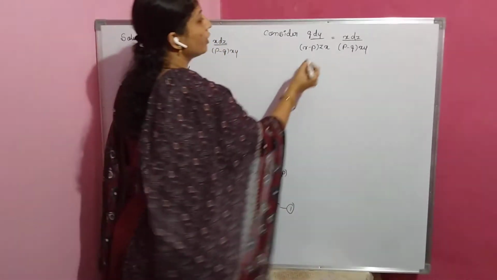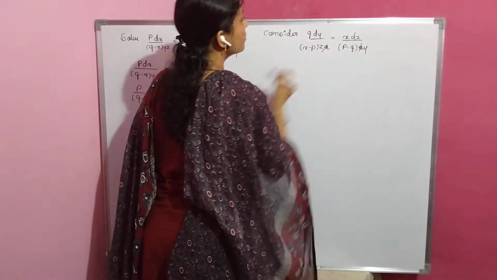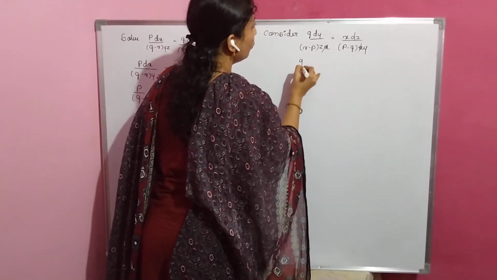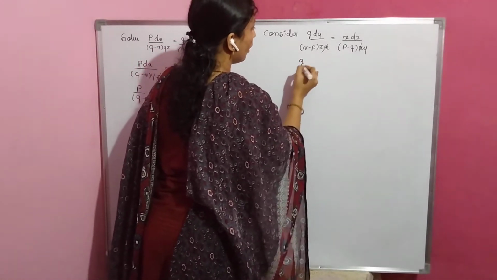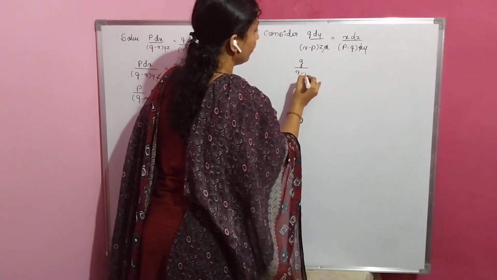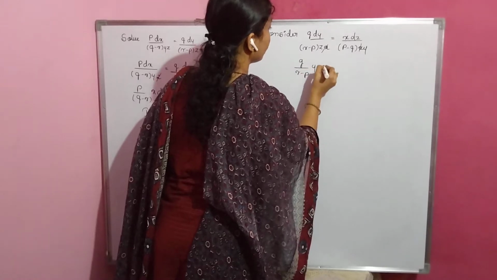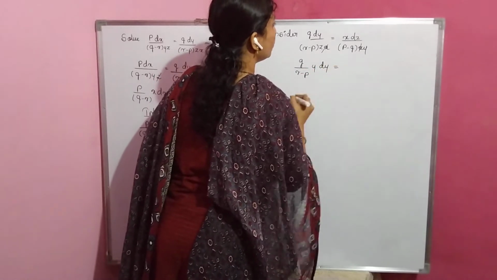And again here the term X gets cancelled. Then cross multiply the terms, that is Q divided by R minus P as it is, bring this y to LHS, then it is y into dy, which is equal to